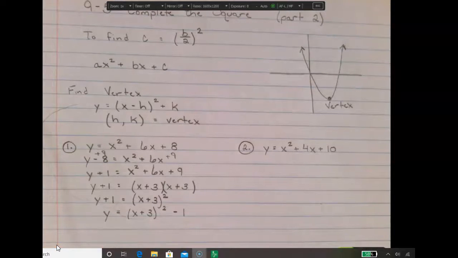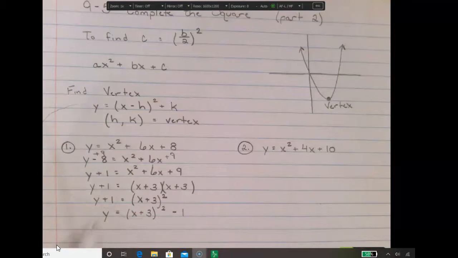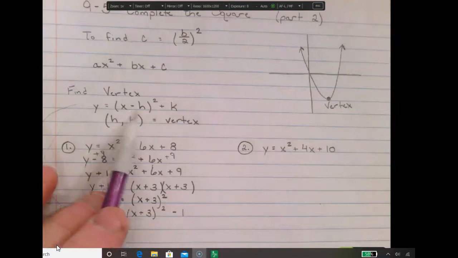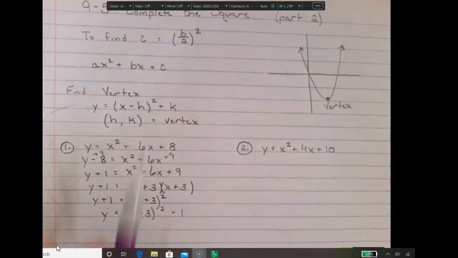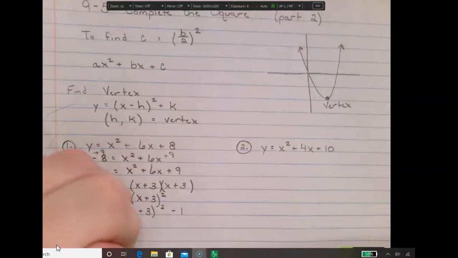And there you have it. This equation now is almost identical to this top equation, y equals x minus h squared. We've got x plus 3 squared plus k. Well, ours is minus 1. And now we can find the vertex. So by looking at my equation here, my vertex